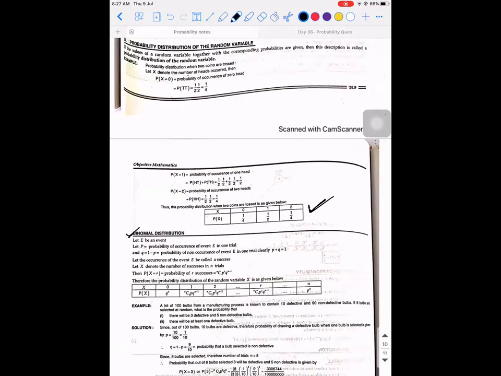From the probability distribution, there is a concept called the binomial distribution. This binomial distribution is based on this: the probability of occurrence of an event is given one variable, and the probability of non-occurrence of the event is given another variable. So how do you combine them and write it? It is not a formula as such. It is very similar to the two problems we did, the West Indies one and the dice one. Using the same logic, I'll explain it to you.